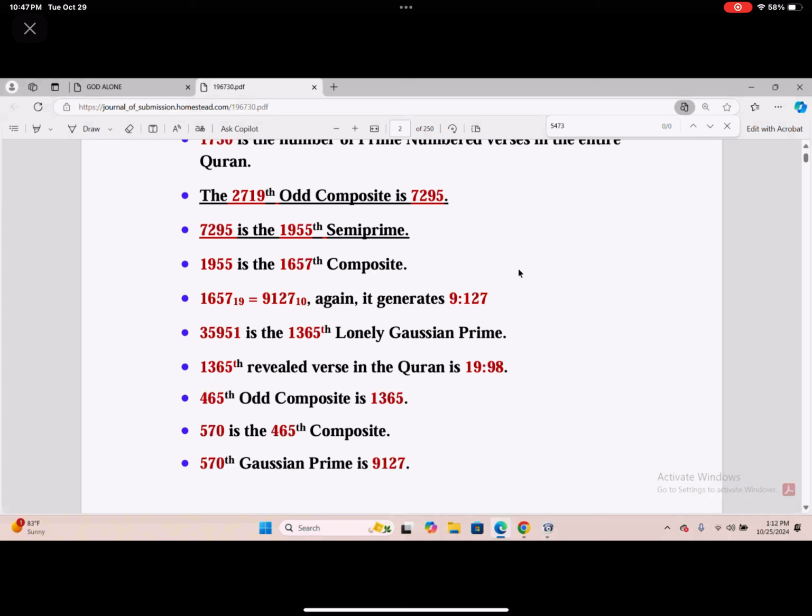And we have these proofs. We don't have to go count something or learn Arabic, or learn how to count Arabic letters, or have some kind of manual for how to do it. That's not how it's done. God has freed us from those kinds of things. This actually generates a language. 570 happens to be the number of Alif Lam Mems in chapter 32, which is called Sajda, which means prostration.